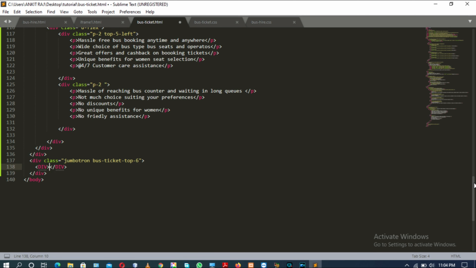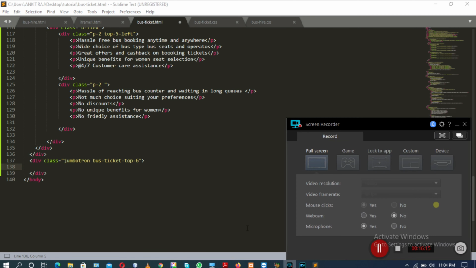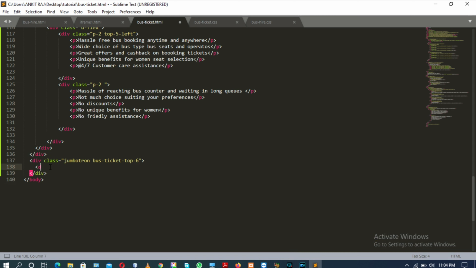Inside that div tag there will be another div tag. Okay, there is still time, we can do it, not a problem. Div tag with the class attribute having the value container. Inside the div tag there will be an h2 tag with the value Find bus ticket with redBus, and all are in capital letters. Find bus ticket with redBus. Tag closed.